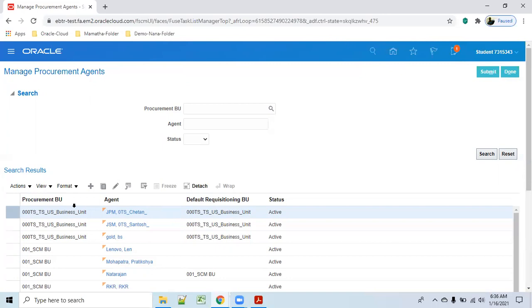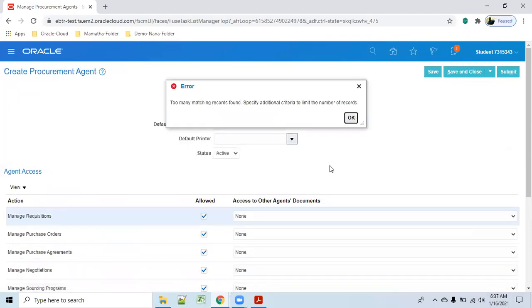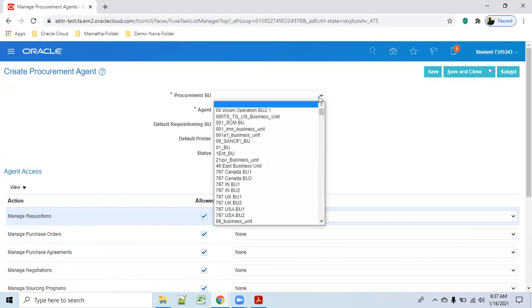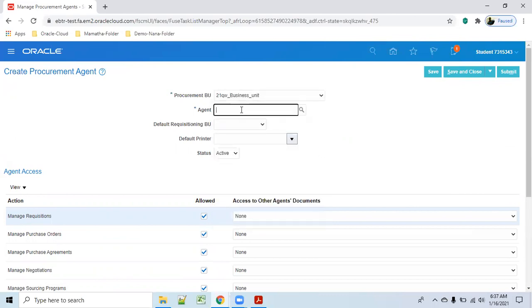I'm just explaining. This will be a common problem. Let us take any BU. The agent is nothing but the user.